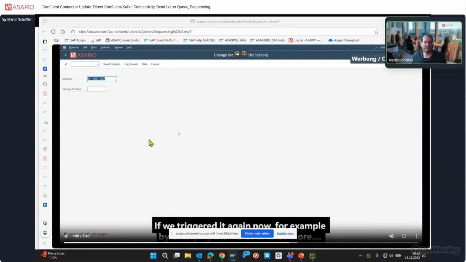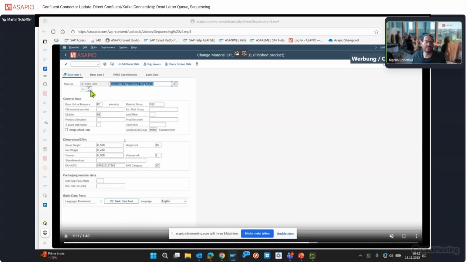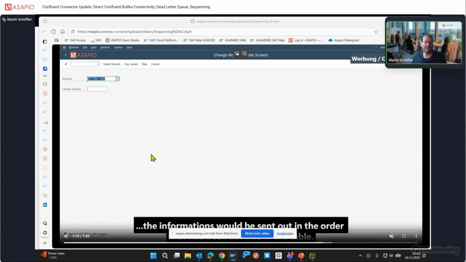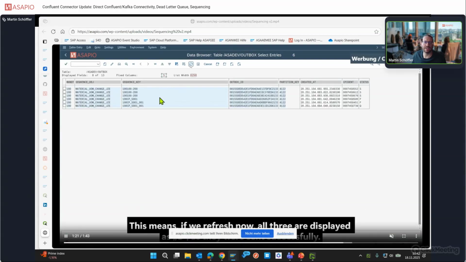And I probably could jump a little bit forward. So now we do a change to the same material, and we save it, and then this will trigger the event. And when the event is triggered, we get a new entry